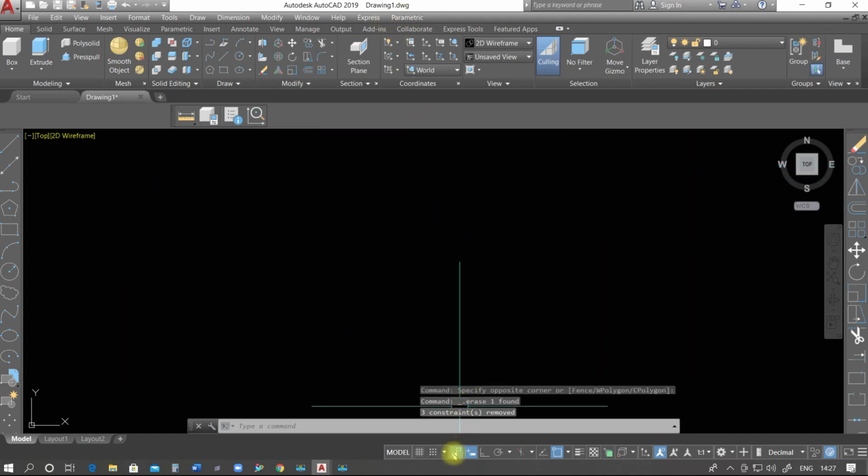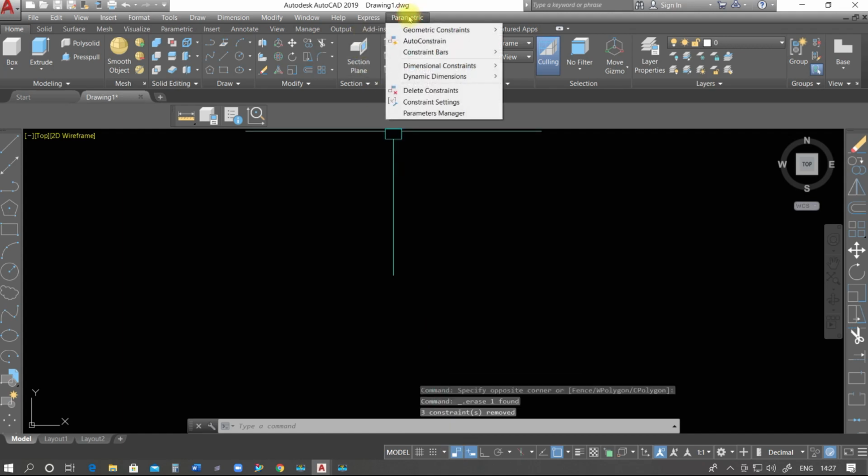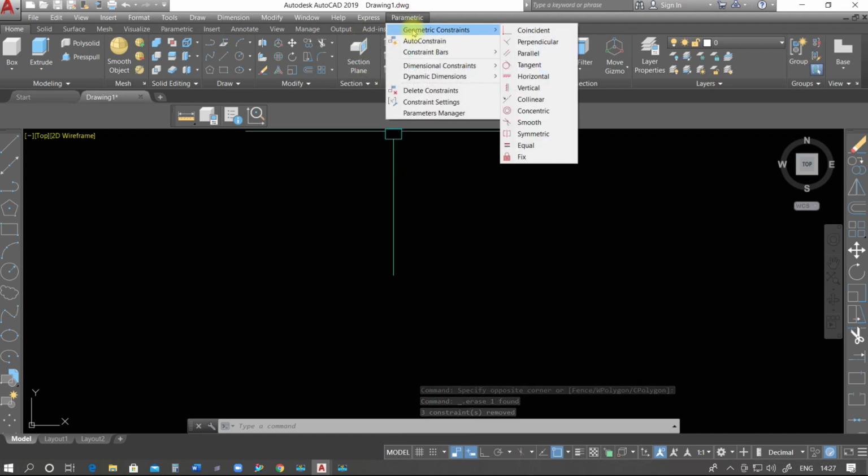If you want to know this infer constraint in a proper way, you have to know about this one, this is parametric. Under parametric we see that we have an option, that is geometric constraint. Under geometric constraint we can see that we have coincident, perpendicular, parallel, tangent, horizontal, vertical. All these constraints we have.